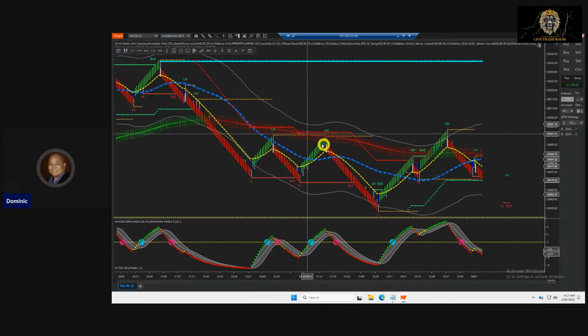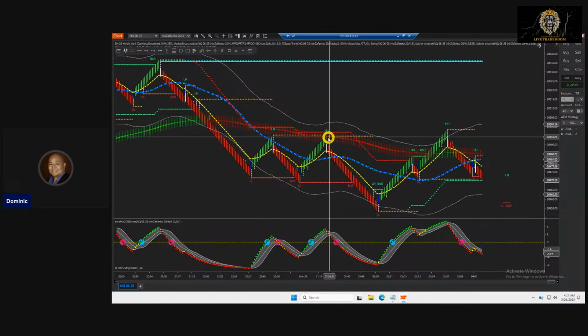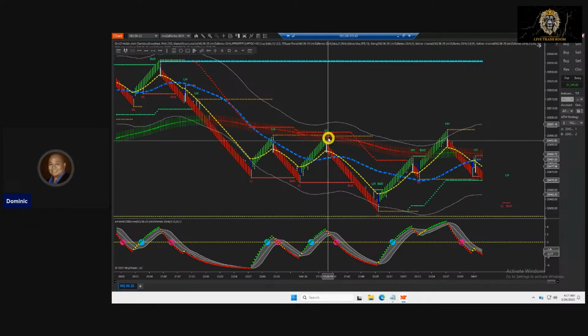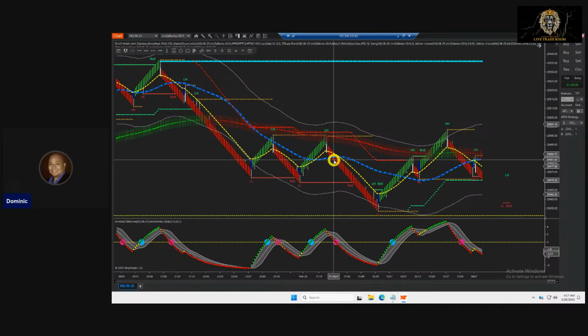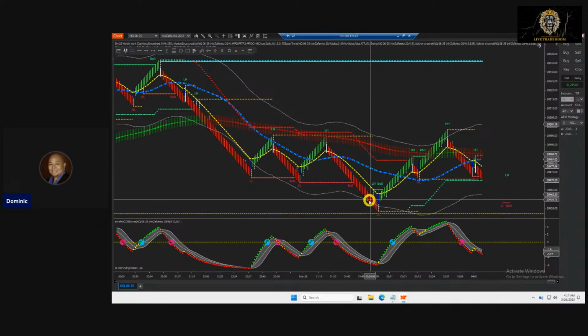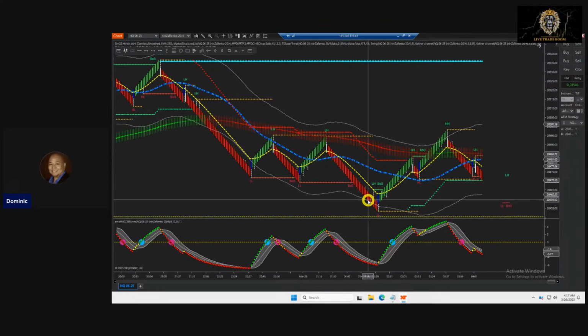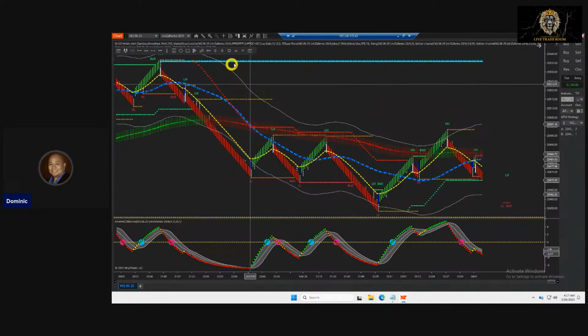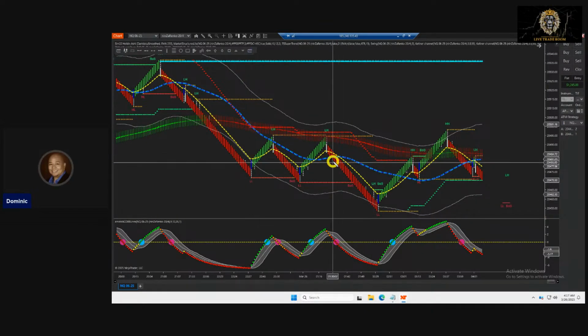Same thing here. Now this time, this is a pullback into the 233. Pullback into 233, reversal bar there. You can either enter once you get below the mid band right here, right? And again, back down to that swing, or it could be down to the lower outer band of the Keltner channel. Again, if you got it here, and you entered right here,